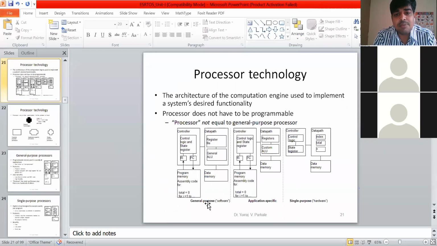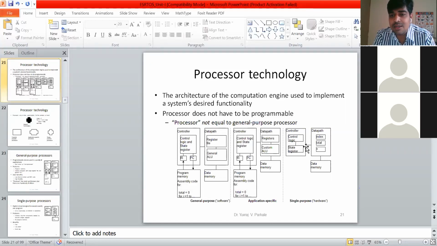Here, general purpose processor technology is called software based. That means it is highly flexible. You can program different types of programs with the help of a general purpose processor. Next is the single purpose processor. It is called hardware because it is dedicated hardware, like your dongle that gives the license to some software.